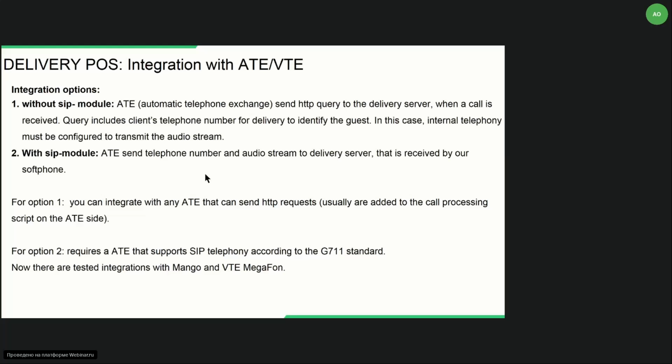So the operator or the cashier will see a message that there is an incoming call, queued incoming call. And if you press this button in the order editing window, you'll be forwarded into the DeliveryPOS web form with the client found in the CRM7 system, or you'll be able to create a new client with that number